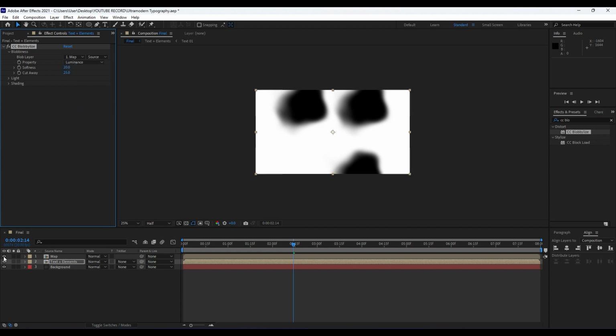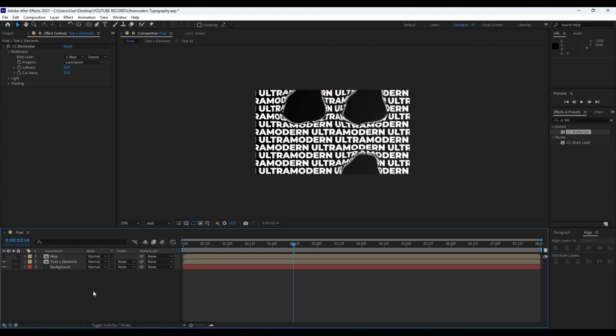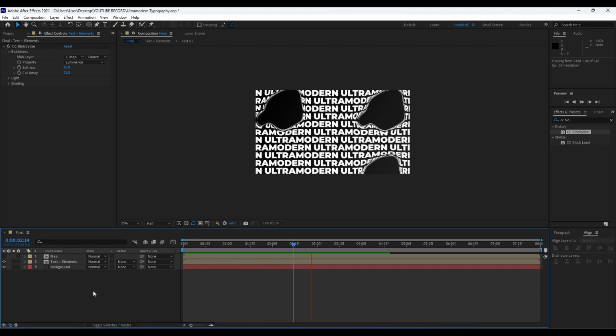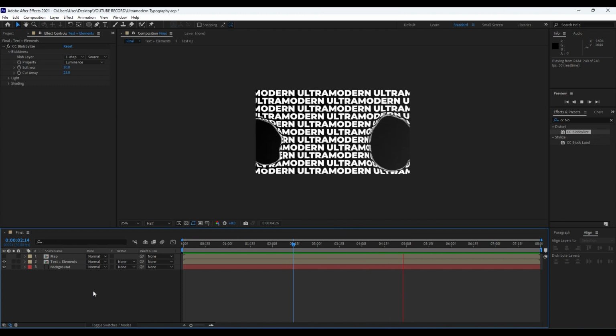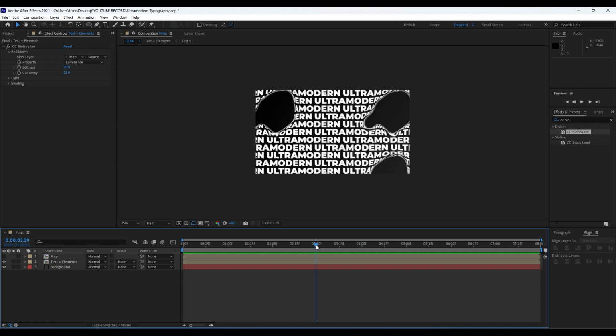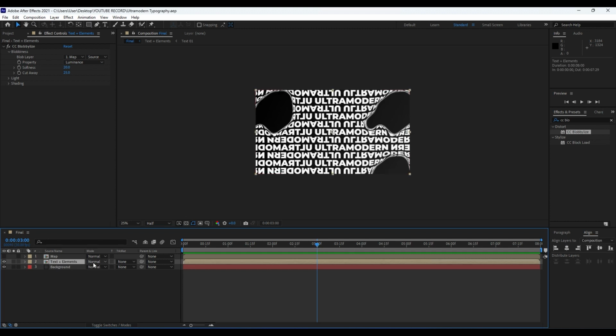Also turn off the visibility for this map layer. And now when we hit 0, we have this really cool and modern animation. Okay. Next thing what we can do is to duplicate these text plus elements, but before that change this blending mode